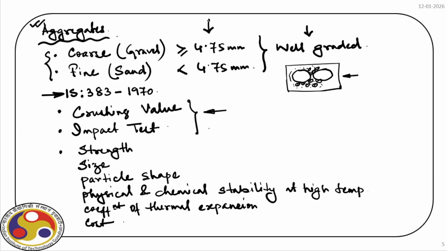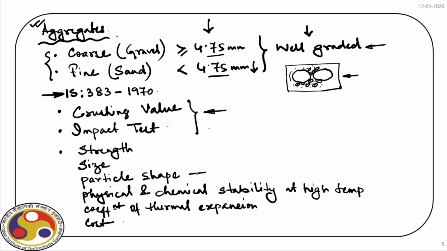Now, out of that, we can easily appreciate the strength and size because, as I said, the first thing that dictates what are the type of aggregates that we use is the size, right? So, and it must be well graded. So, if the minimum size of the aggregate is 4.75 millimeter, we call it coarse aggregate, but it can go up to 80 millimeter depending upon the type of concrete that we use. So we have a well graded coarse aggregate, and for sand also we have 4.75 millimeter down, and there are gradations of different sand particle size. They must be also well graded.